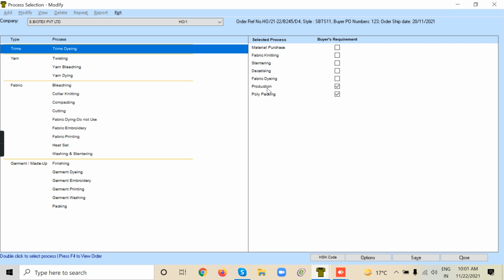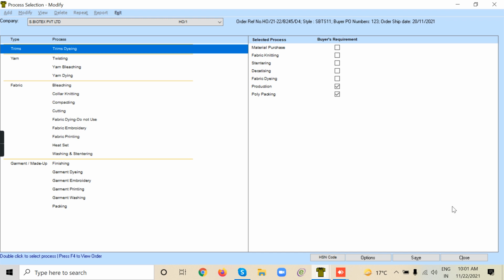Now, this is what we saw the other day. I think we made a knitting PO. Then we made a stentering PO. We didn't make a decatizing PO. So we need to make the decatizing PO and fabric dyeing POs, and then issue the material. Against the PO only, we can issue the material. For any material issue, we should have a PO reference.